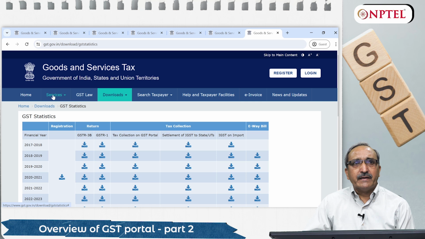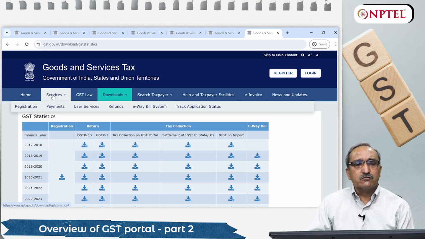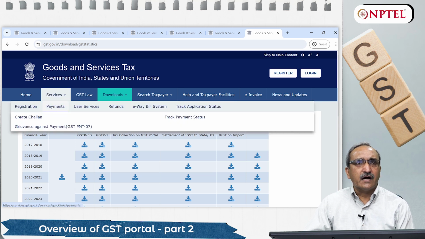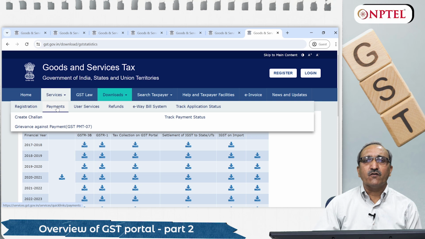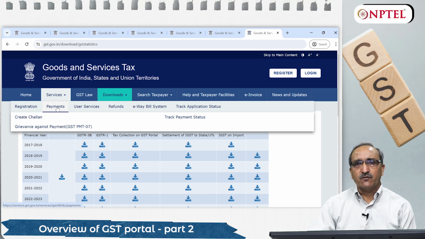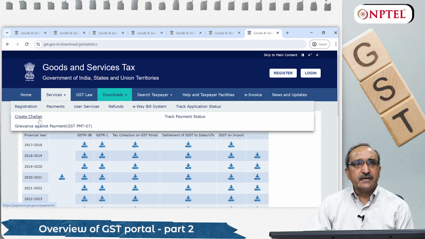And coming back to the service sector, if you go through to window this service, after registration, there is a window for payments. So payments means when you are in a process of payment of taxes, means you have tax liability and you want to pay tax after assessment of your ITC. So friends, here